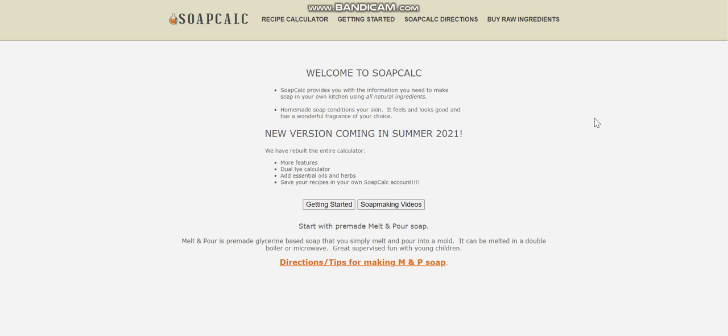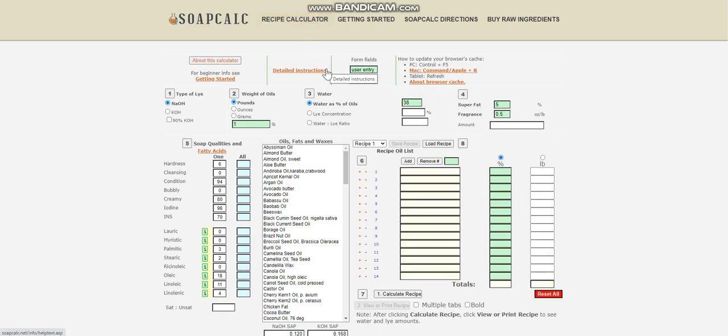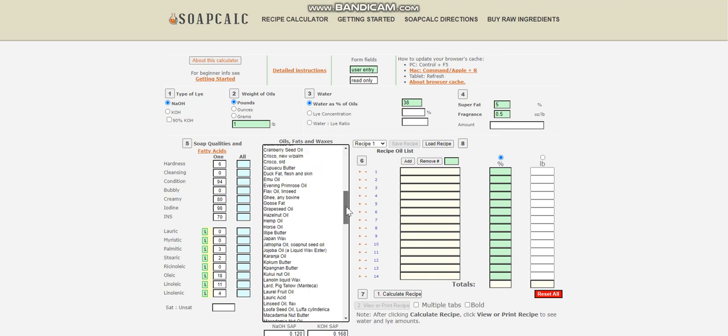I'm going to give you another really cool tip. Okay, so you want to go to soapcalc.net. You should end up here. Once you get here, you're going to want to create your own recipe. You could just use, for example, just olive oil if you want, or you could use just